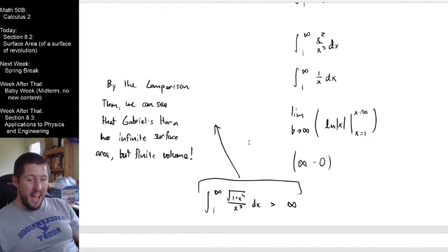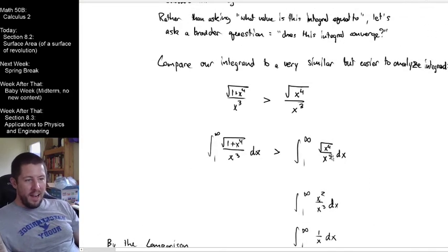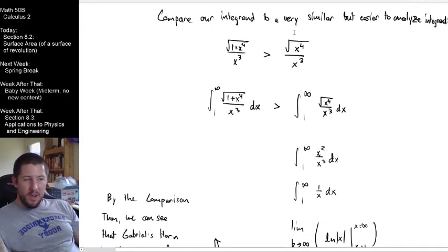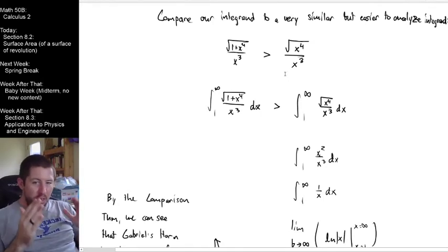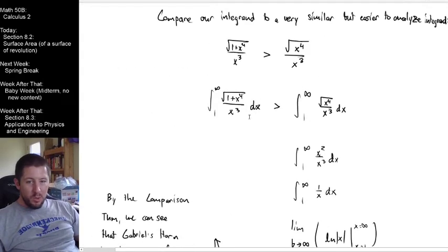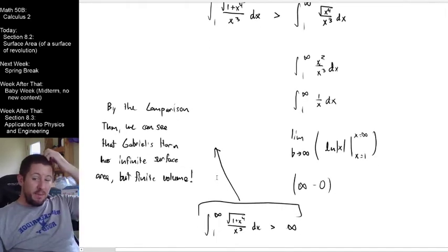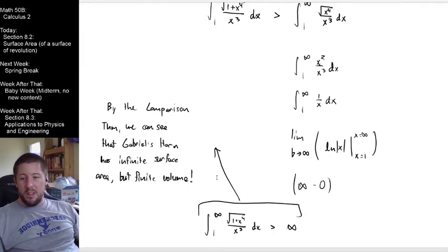But that being said, I feel super confident in my ability to evaluate volumes, and I feel super confident in my ability to evaluate surface areas and in my use of the comparison theorem. I know for a fact that the curve we considered was completely below our curve of interest. I know that this integral is even smaller than this one, and this one diverged. This one's bigger than it, so it must have also diverged by the comparison theorem, but that's a pretty tough one, right? So we're able to do this one, but this is just one of those things to say,